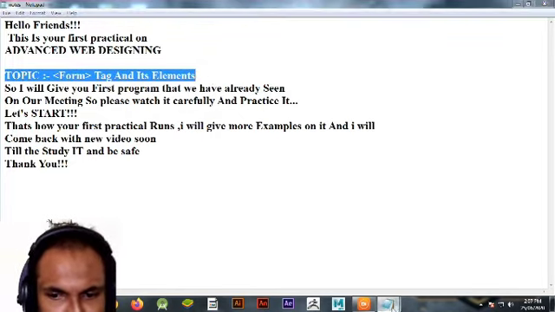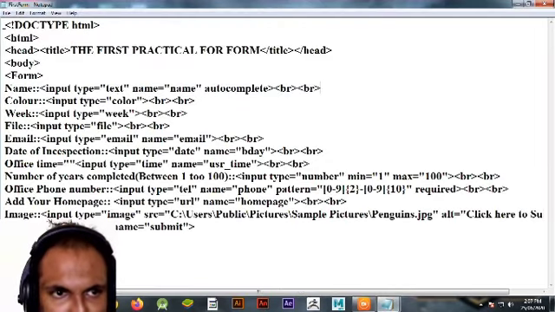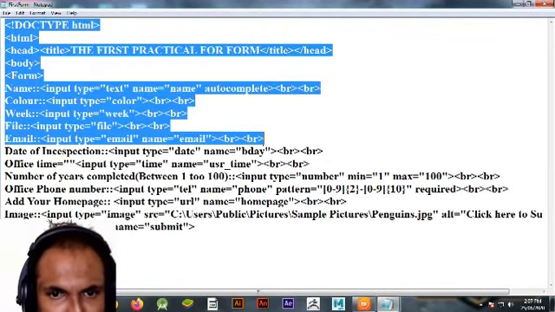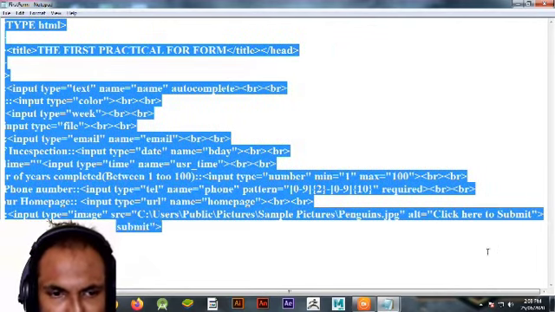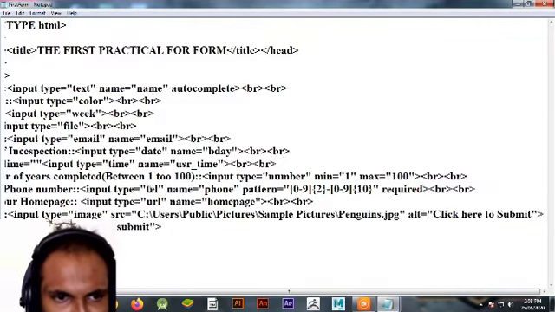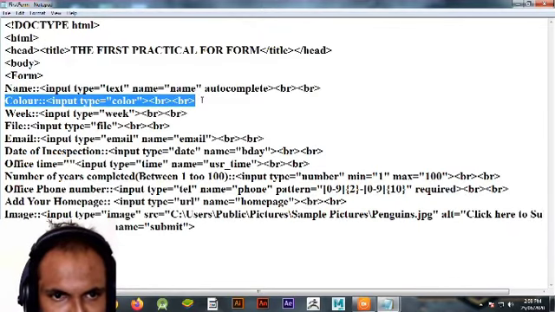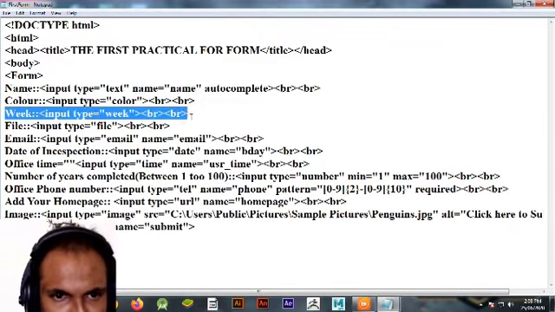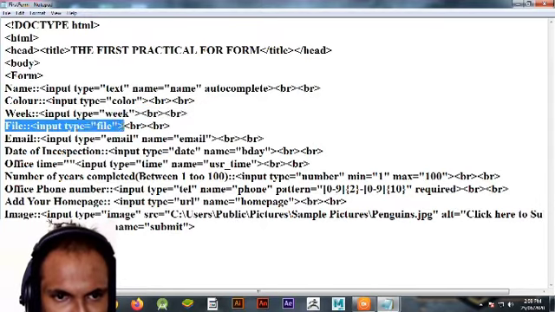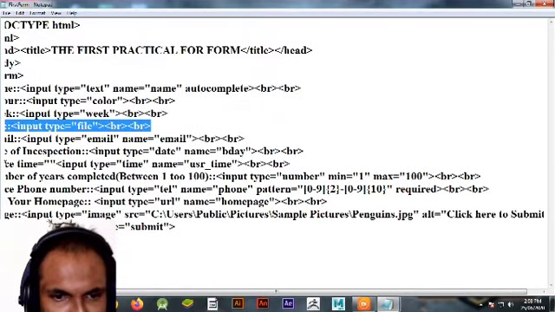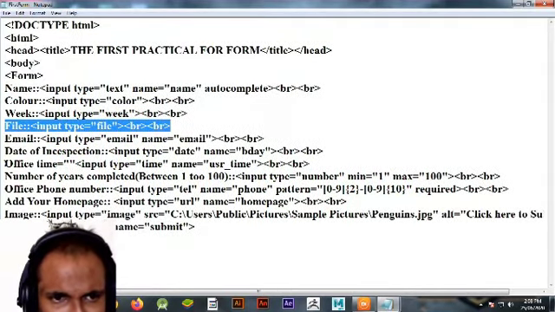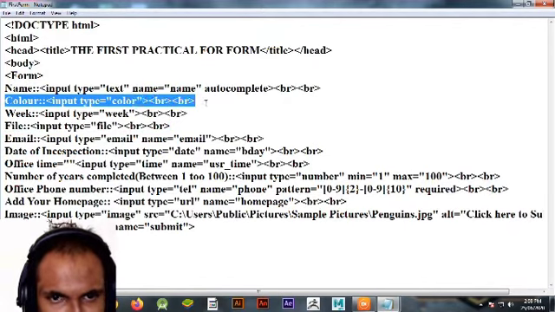We have already seen this first program, but now I have added some more attributes in it that we have seen, like color, week, then file, where we can upload a file. I have added some points in this program so that you can understand how these inputs work.